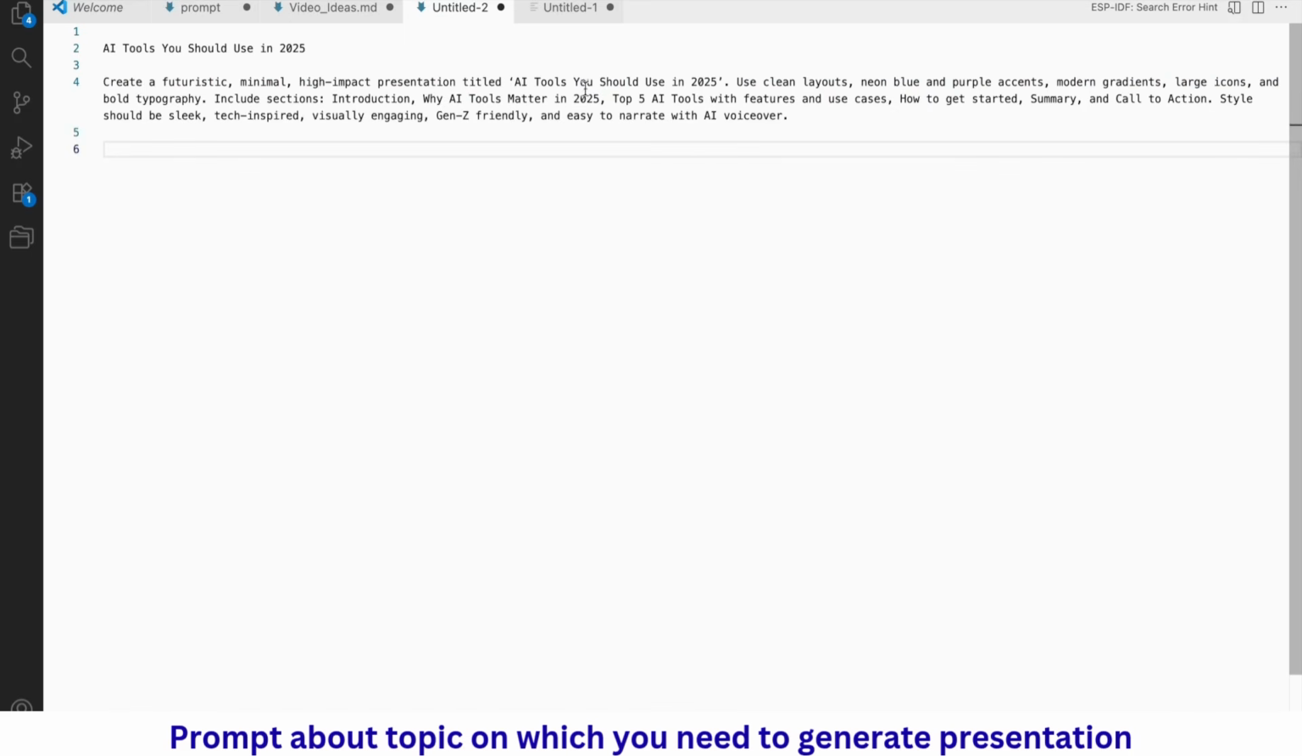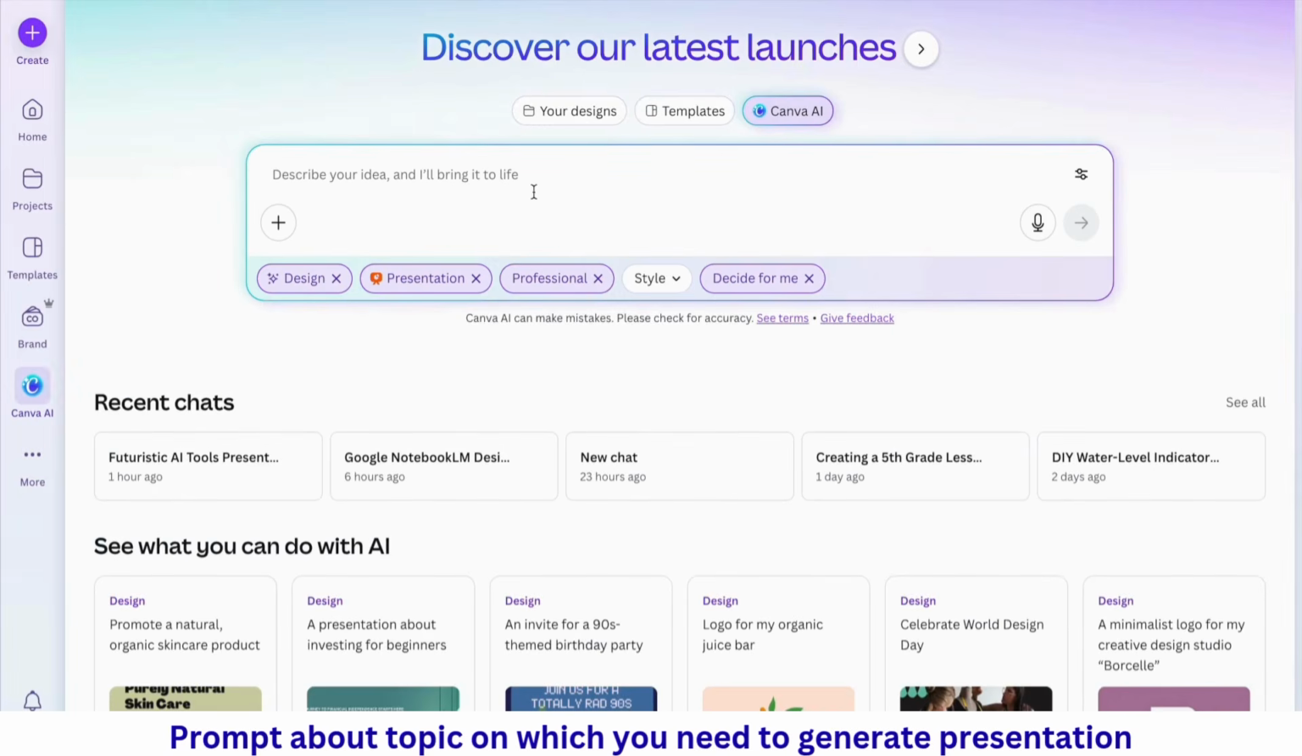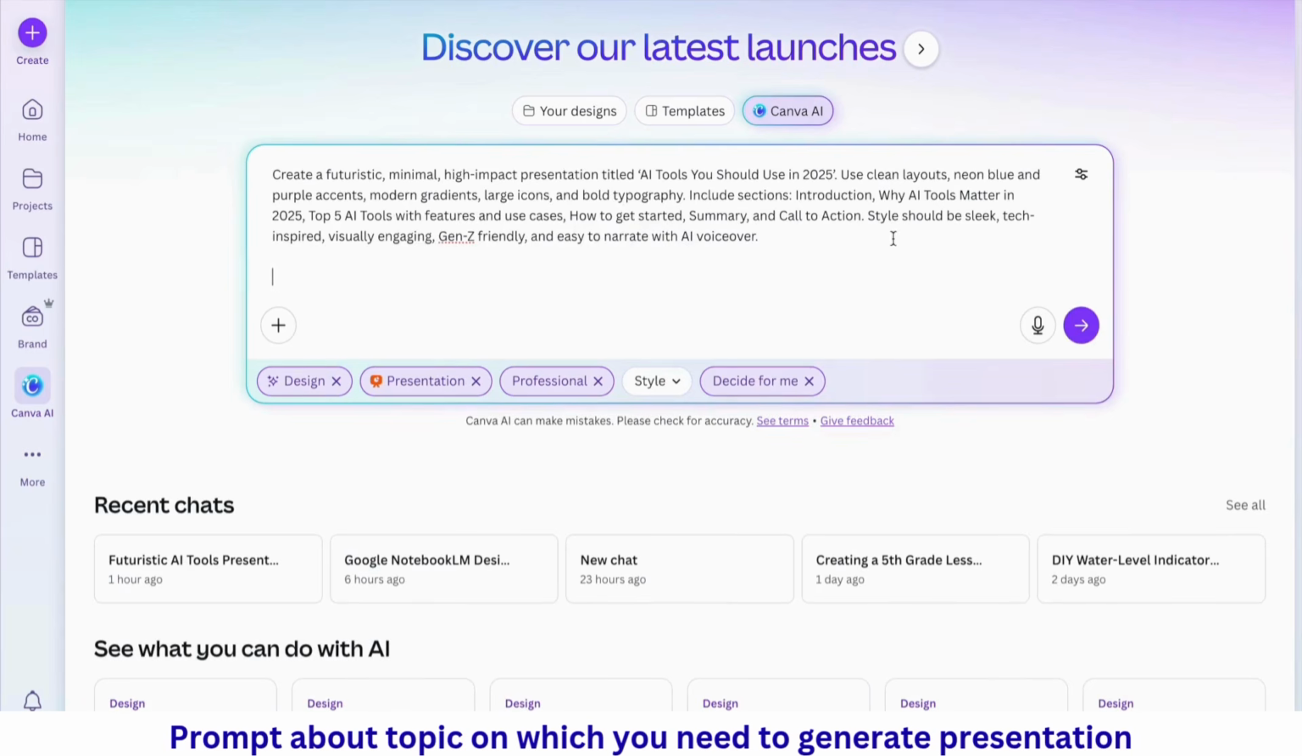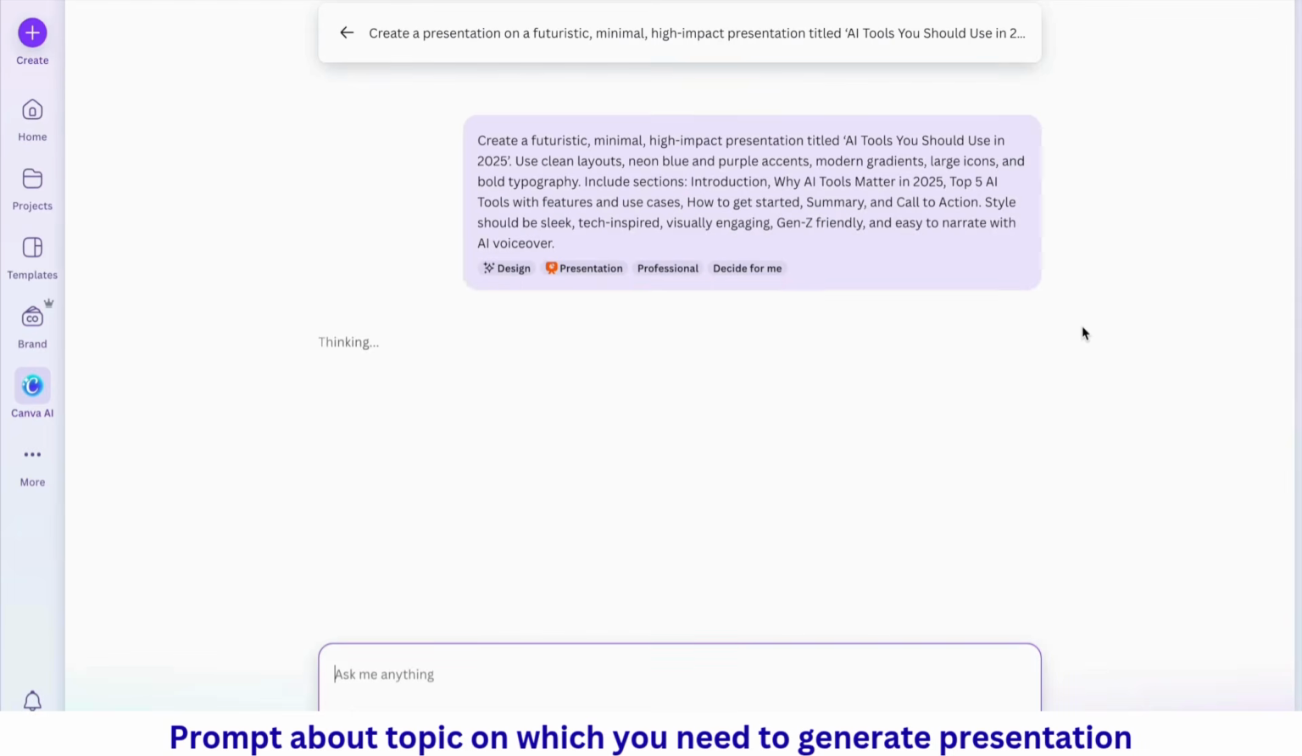That's the topic I've selected, and I've given the prompt, as you can see: create a futuristic, minimal, high impact presentation titled AI tools you should use in 2025. Use clean layout, neon blue, purple accent, modern gradient, large icons, all the things that you need as a PowerPoint presentation. You just need to give the prompt over here. I've created a prompt. For now, you can just select and copy it into the Canva AI, and you just say go, and you'll see the magic